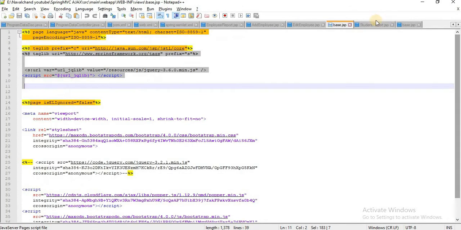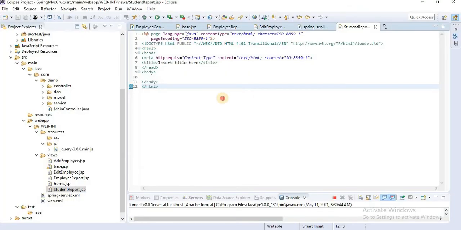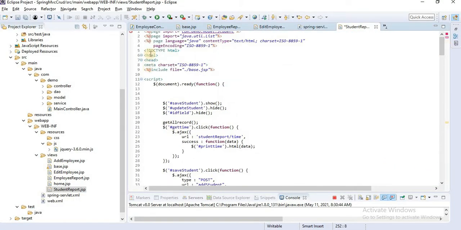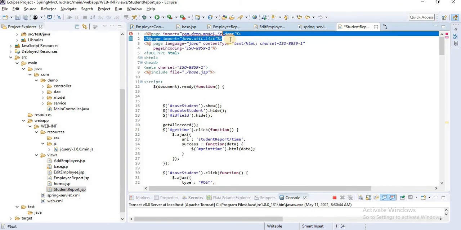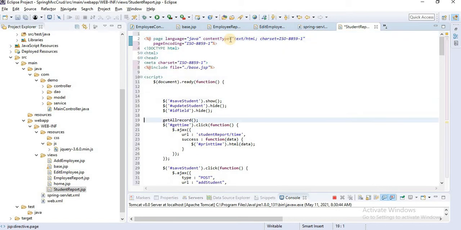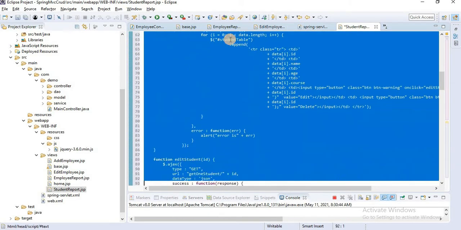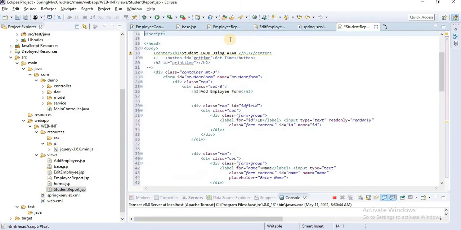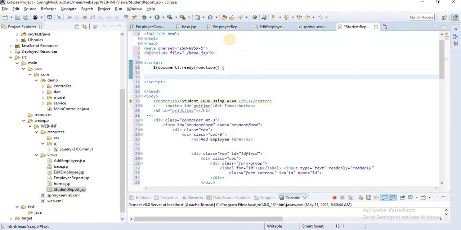I'll copy from my previous project and paste it here. I'll remove all the unnecessary code. I'll only keep the document.